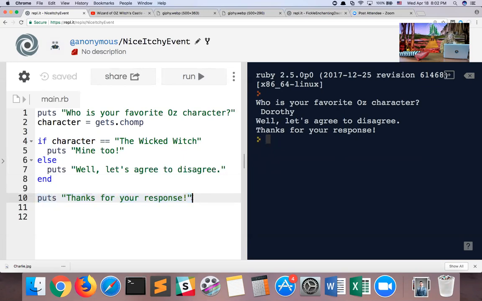and only then moves on down to line 10. So Ruby still moves in a top-down fashion, but it doesn't necessarily hit every line, 1, 2, 3, 4, 5, 6. Basically, once we introduce conditionals, we now allow Ruby to skip lines as needed and say, hey, if this happens, run this line. But if that happens, run the other line.